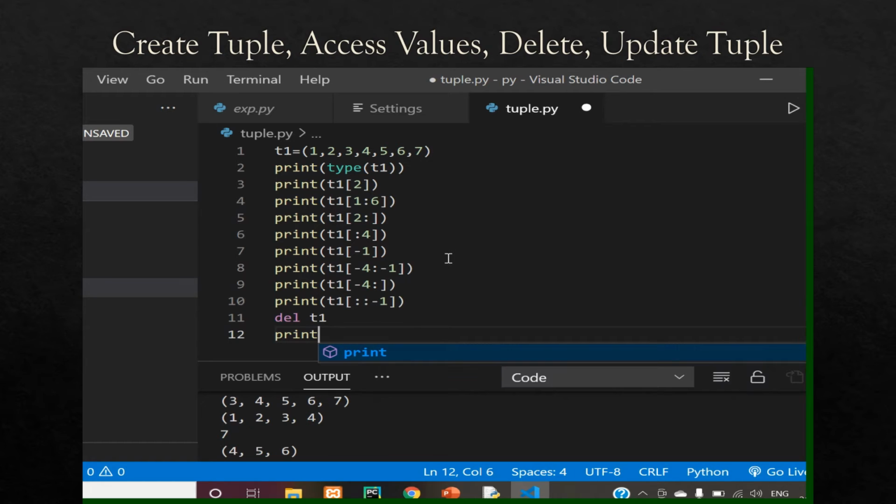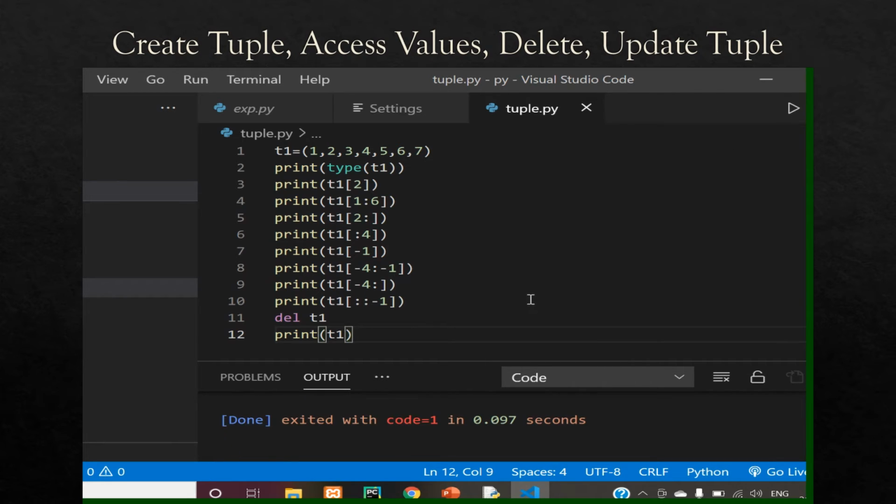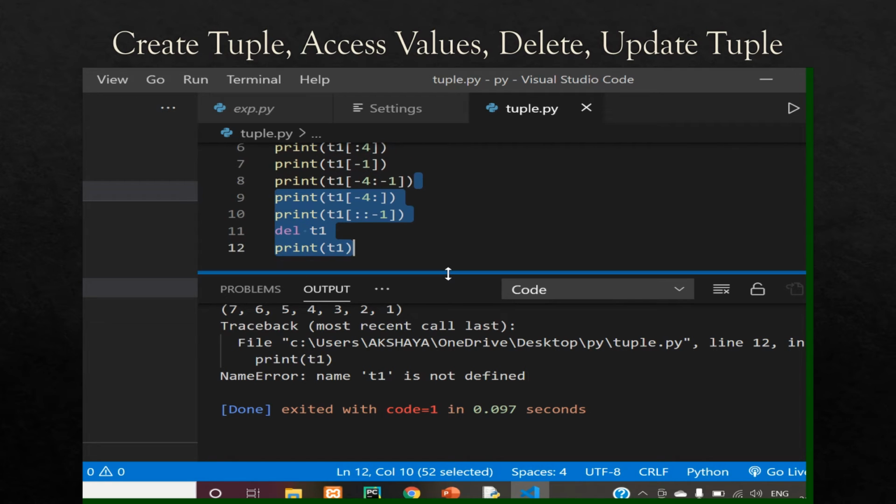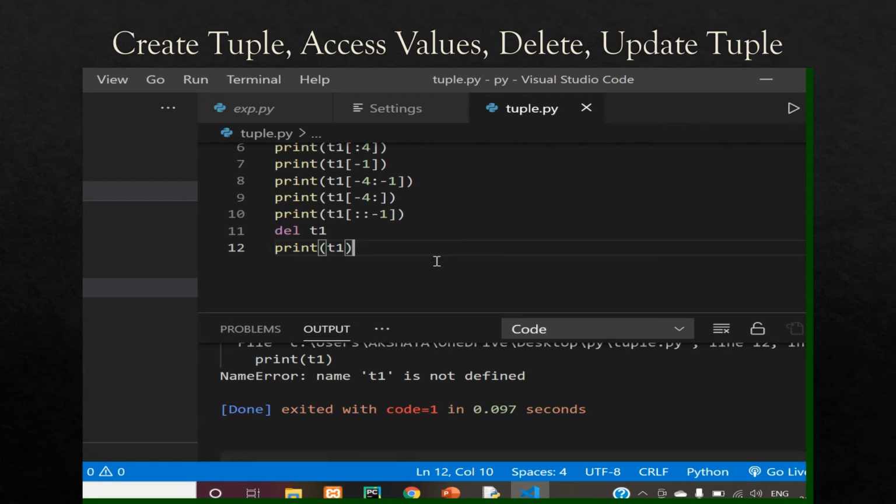से प्रिंट करूंगी T1, तो मुझे एरर आएगा, सिंस मैंने ट्यूपल को डिलीट कर दिया। ठीक है, ये देखो एरर आ रहा है क्योंकि T1 is not defined, सिंस मैंने ट्यूपल को डिलीट कर दिया। तो तुम लोग अपडेट, ऐड, रिमूव ये ऑपरेशन परफॉर्म नहीं कर सकते ट्यूपल पे, सिंस ट्यूपल इम्यूटेबल होता है और वो अनचेंजेबल